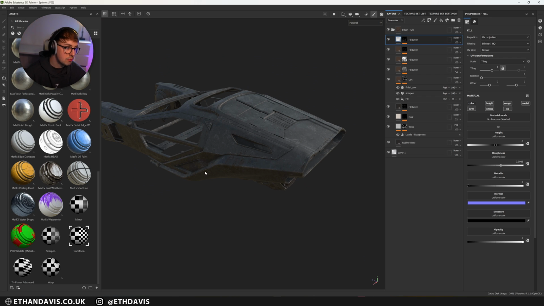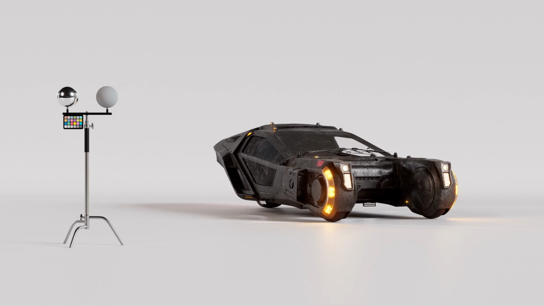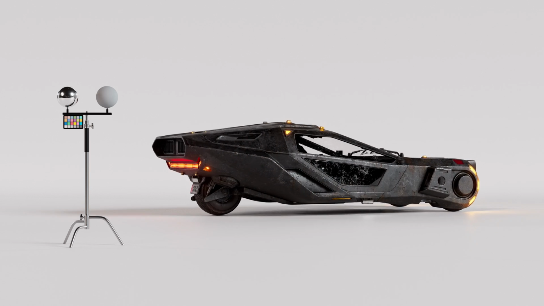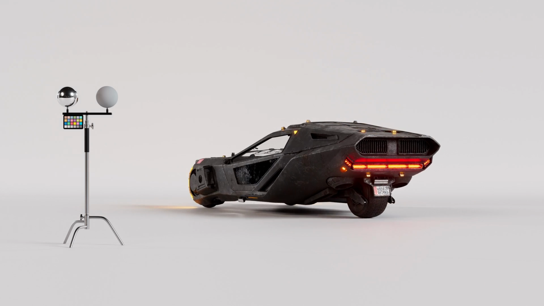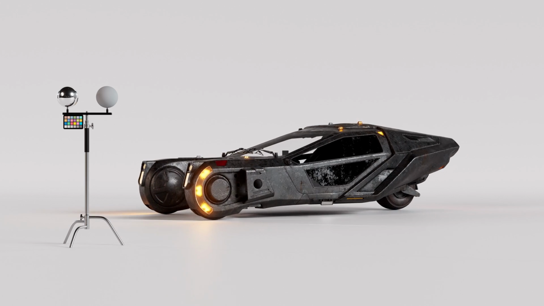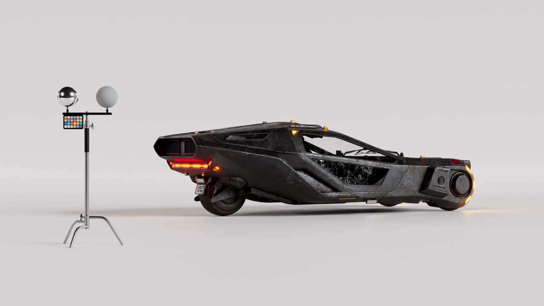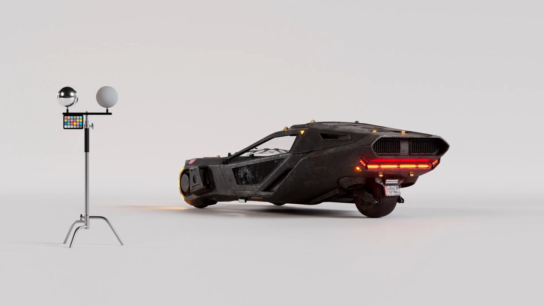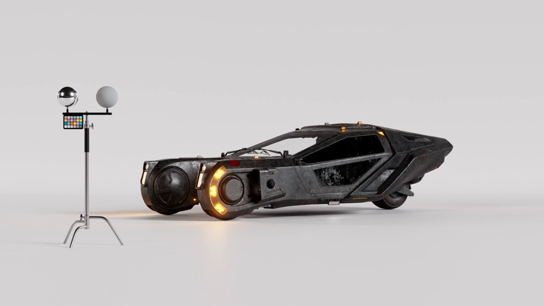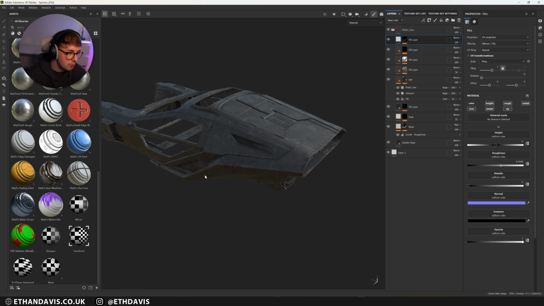So the final Blade Runner spinner looked like this. As you can see, it's got a really nice gunmetal to it. The lights look really good. I did change some of the lights, but I was pretty happy with how this result turned out. And yeah, it fit really well in the scene in the end. I was really happy with it. So shout out to Hitoshi again. So from there, my hero asset was pretty much done.